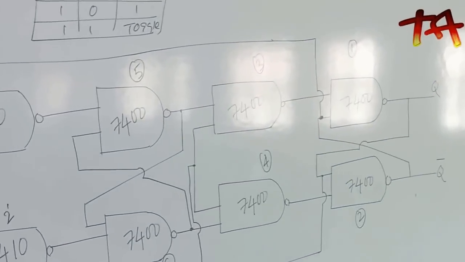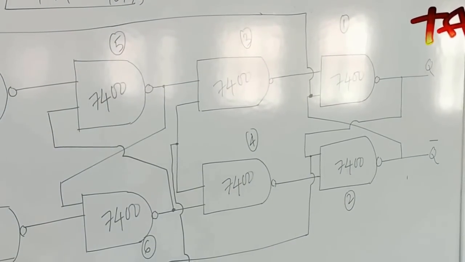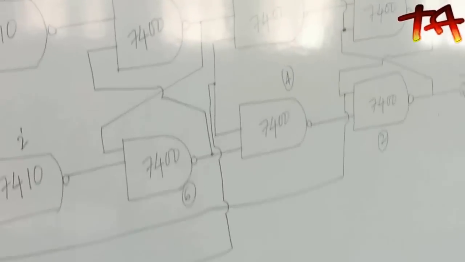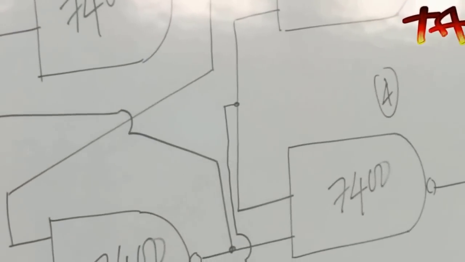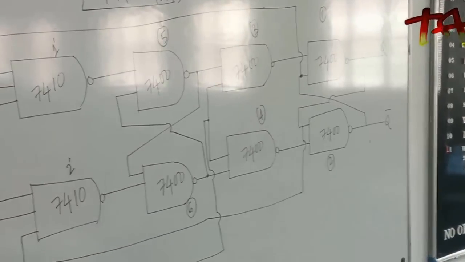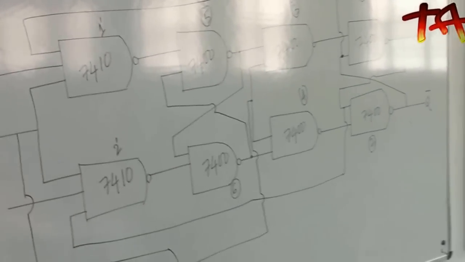Now you come to the input side of 3 and 4. Input of 3 and 4 we have to connect. Interestingly, you see that one of the inputs of both 3 and 4 are connected together, and it is given from the clock with an inverter. And another input is coming from the output of 5 and the output of 6.